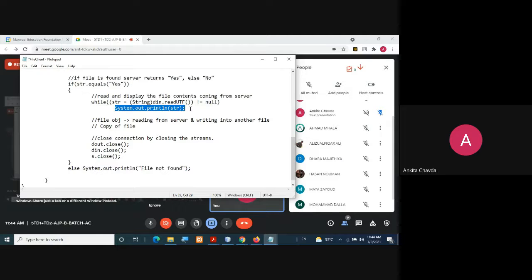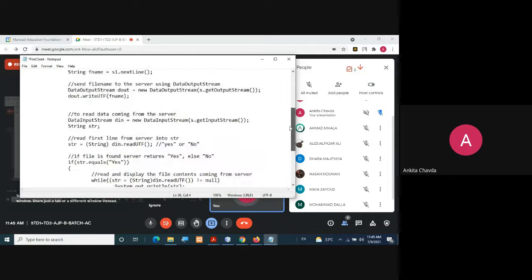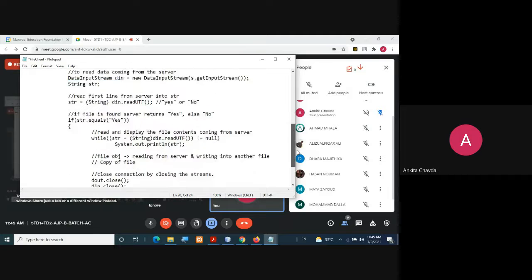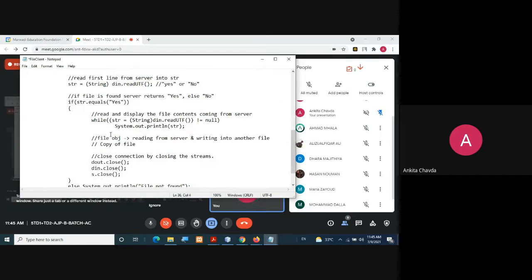So what is your task? I hope you simply understand this. Your task is to create another file at the client side and just copy whatever you are reading here. This str you need to write. That's it. Just like here you have written dout.writeUTF(fname), instead of that, you will write str into your another file.